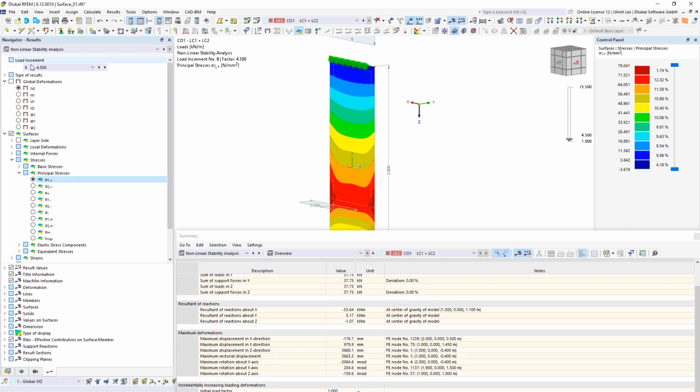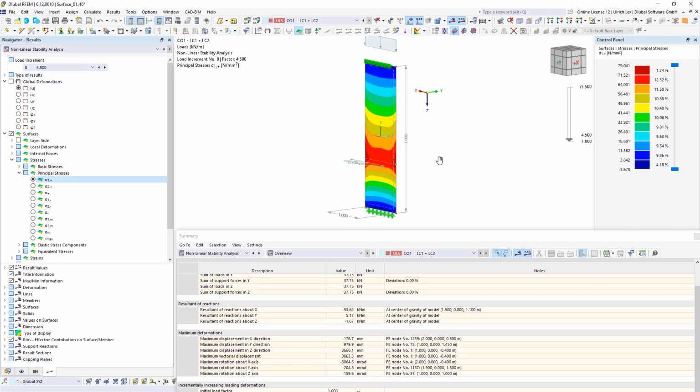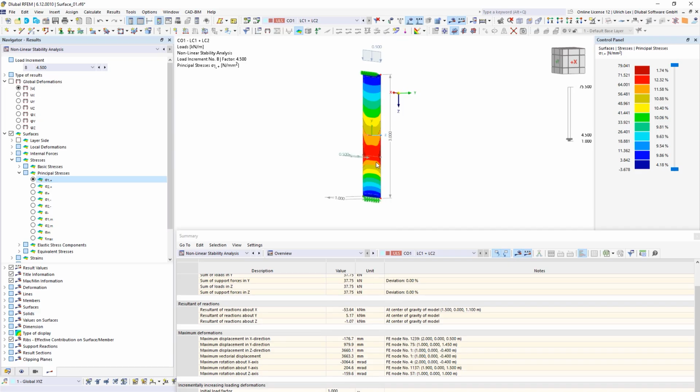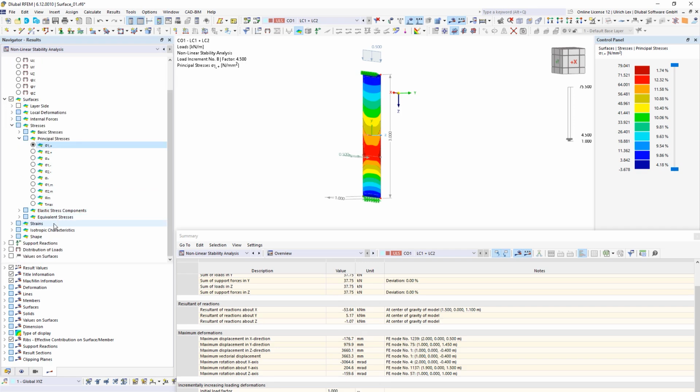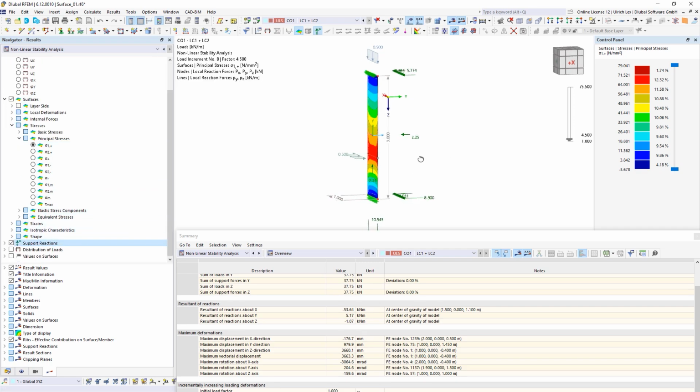Here at the load step 4.5, I reached a maximum stress of 80 Newton per square millimeters. And now I can take a look at the support reactions. We will see